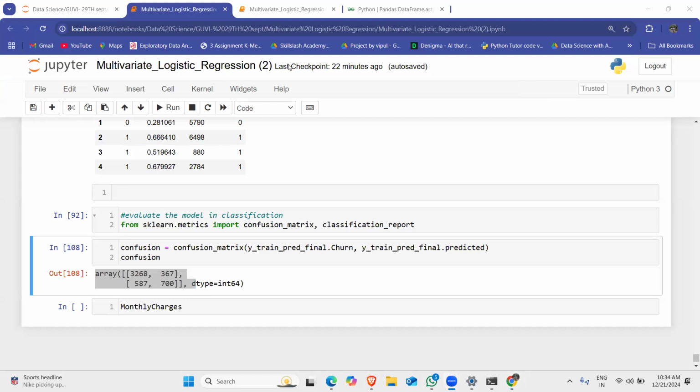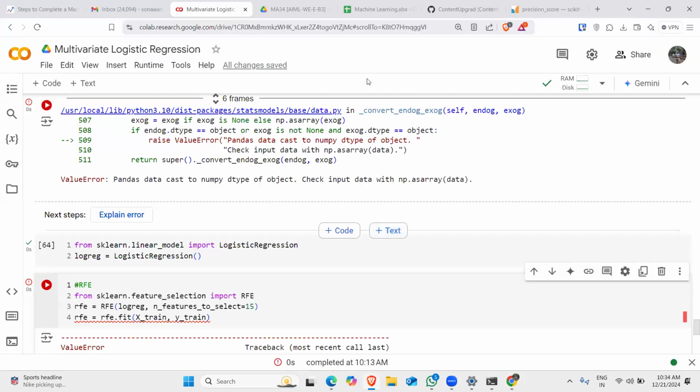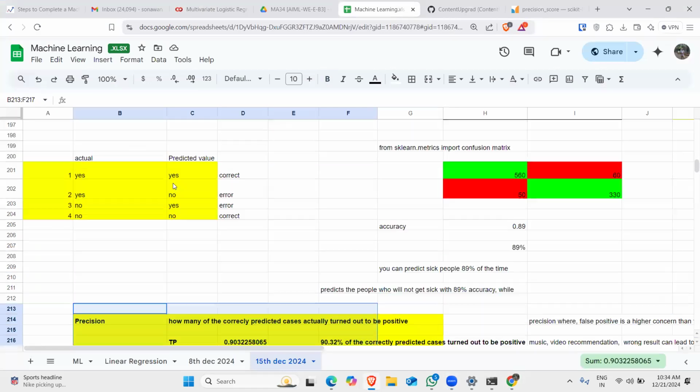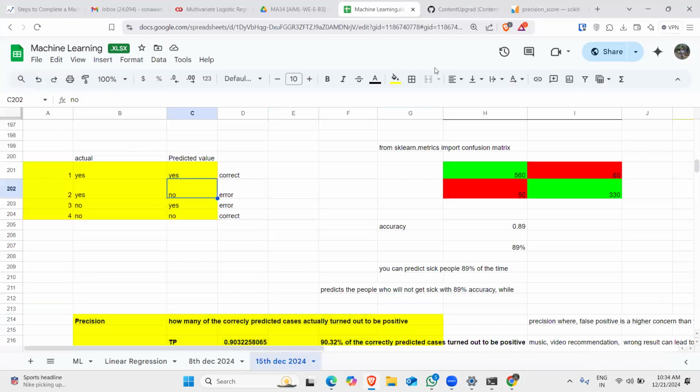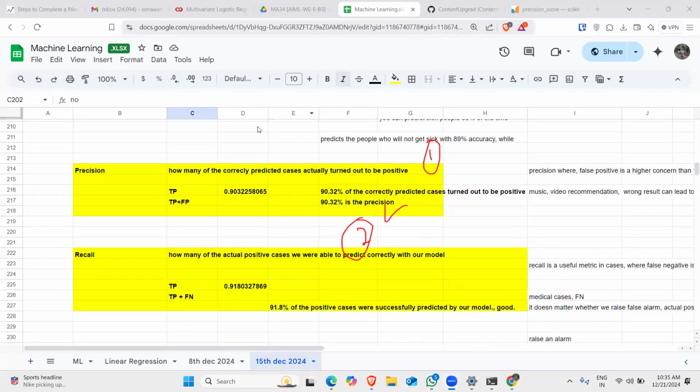Very good. With this, we can find TP, FP, TN, FN values. Very good. What about other guys? What else? This is a very basic question, and you have to give the answer accordingly, like this. First point is we'll be able to find the TP, FP. Second point is we'll be able to find accuracy. Third point is we'll be able to find precision. We'll be able to find recall.